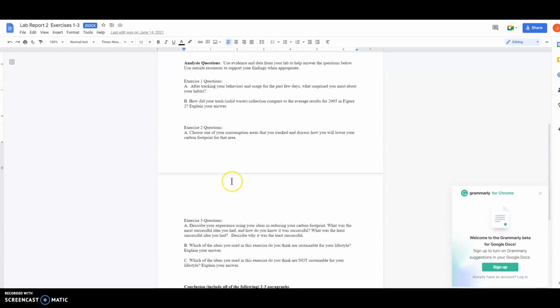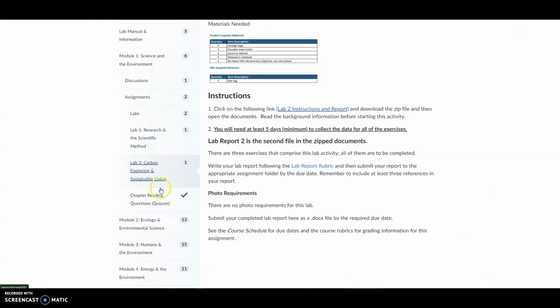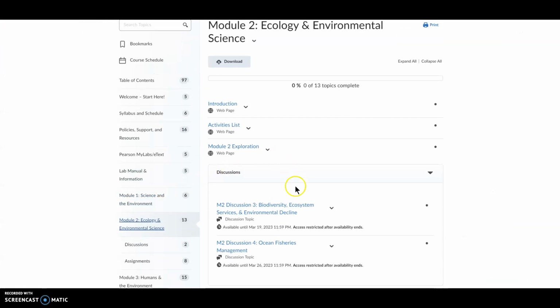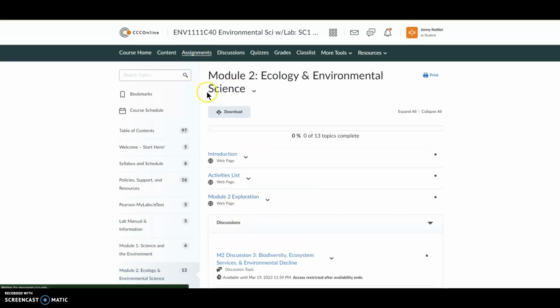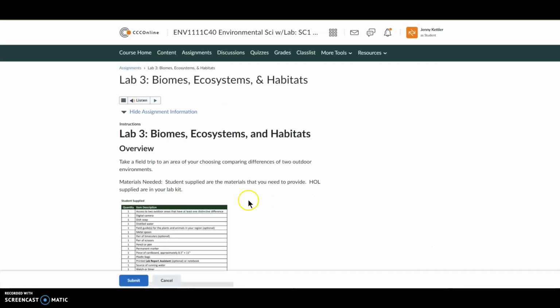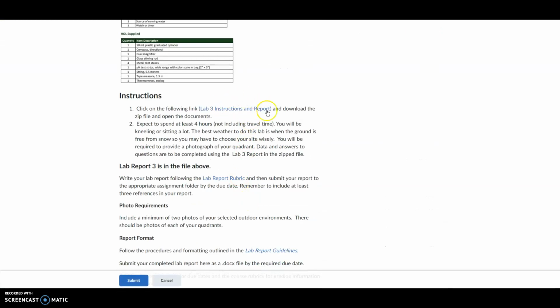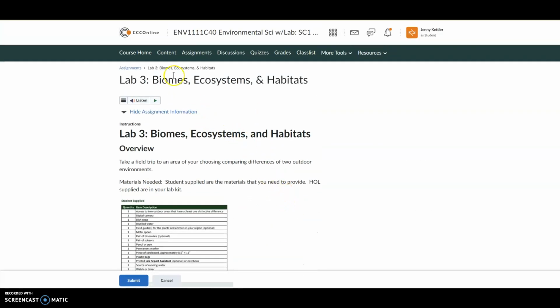Okay, so that's pretty much it. You'll do that for every lab that you have. If you would rather, you can go straight to the source and click on it here, and there's the link. The other thing that I want to show you is